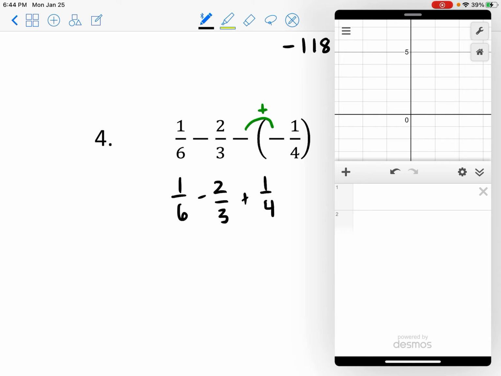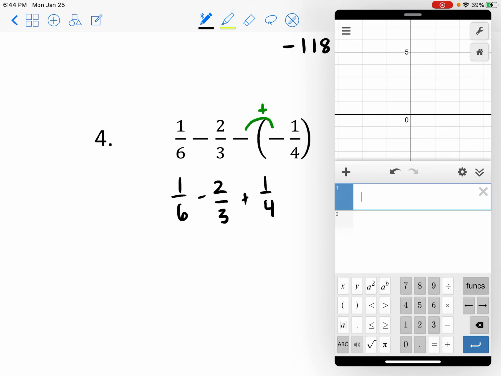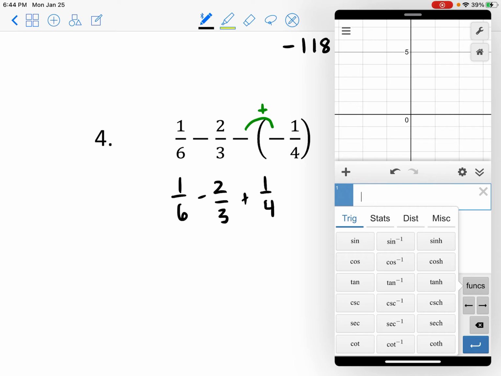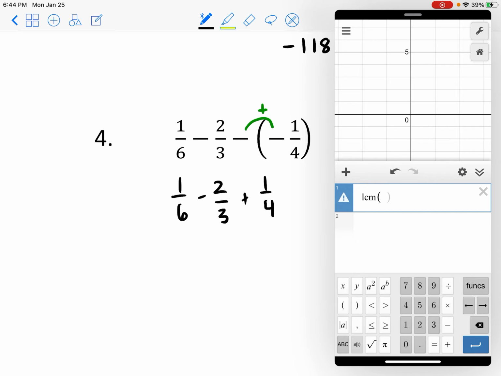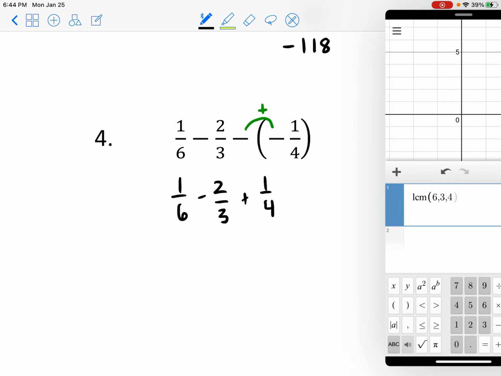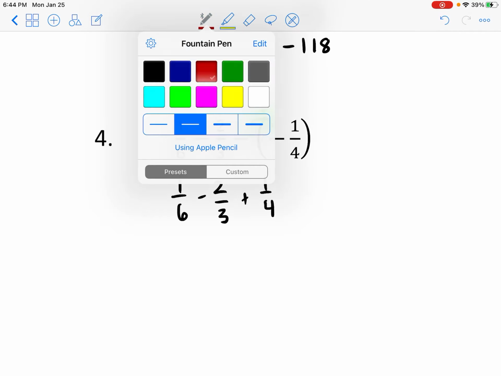And I don't know if I showed you this before, but you can find a common denominator in your calculator or using Desmos. If you go into functions, I think it's in miscellaneous. Yeah, the least common multiple or least common denominator, it's the same thing. So if I put in here, what is my least common multiple for 6, 3, and 4, it will tell me that 12 is the least common multiple, which means that is my least common denominator. So if I need a least common denominator of 12,